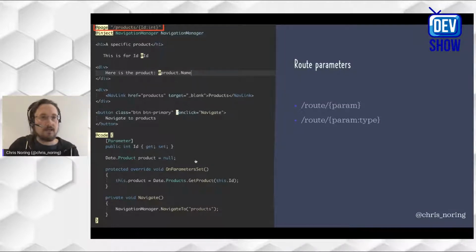Looking at it from this aspect, we see that in this case, in the top directive here, we have /product/ID, and ID is of type integer. So we coerce it and try to convert it to be of type integer. And the next thing